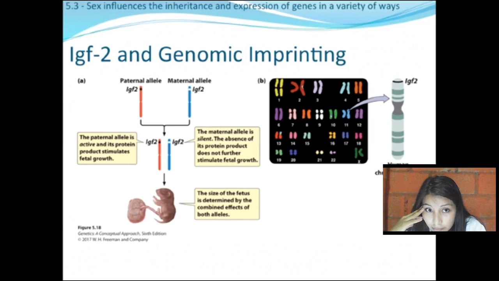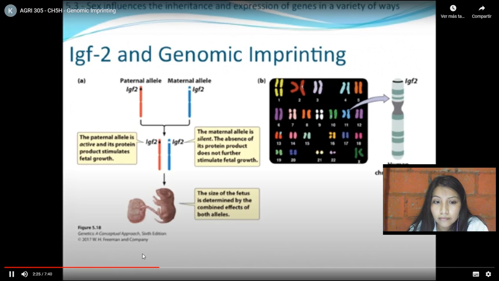So to demonstrate this, there's a really nice figure in your book. This is figure 5.18. And in the first segment here, we've got a paternal allele shown in red and a maternal allele shown in blue. And each of those alleles have different copies of the IGF2 allele. So as those copies come together,